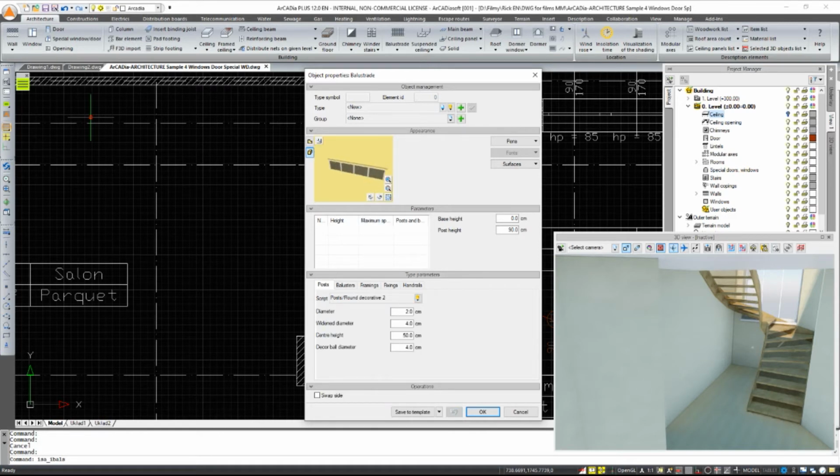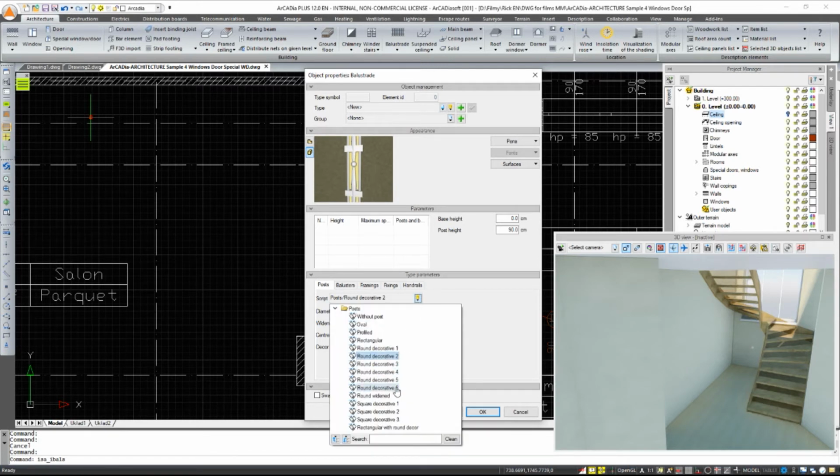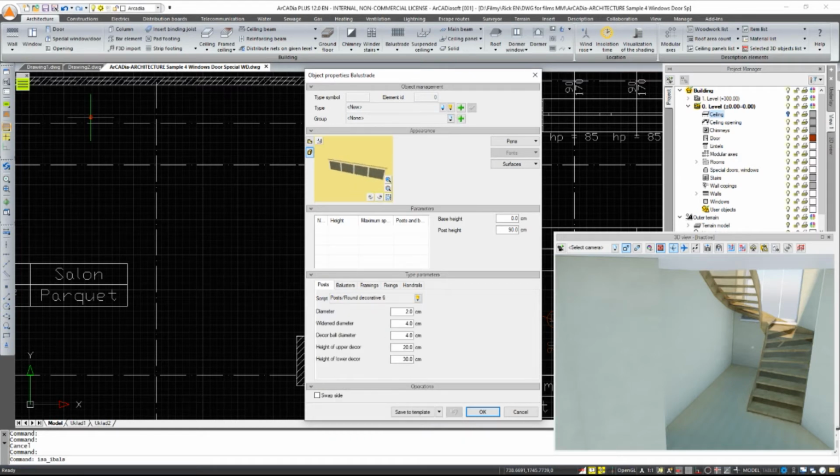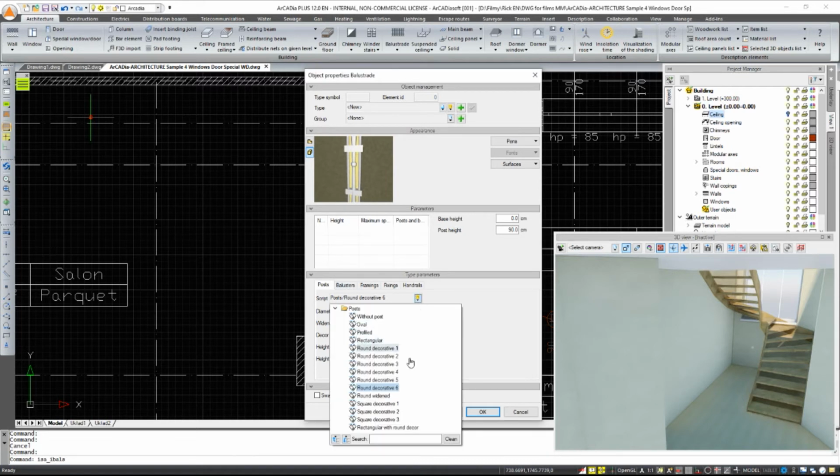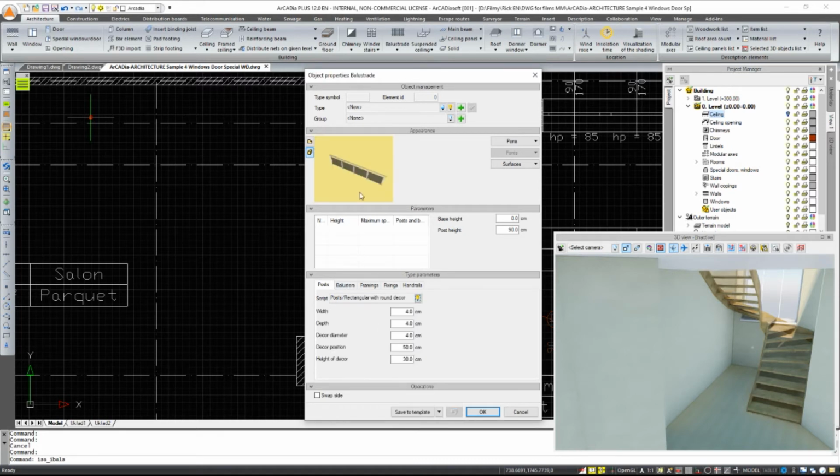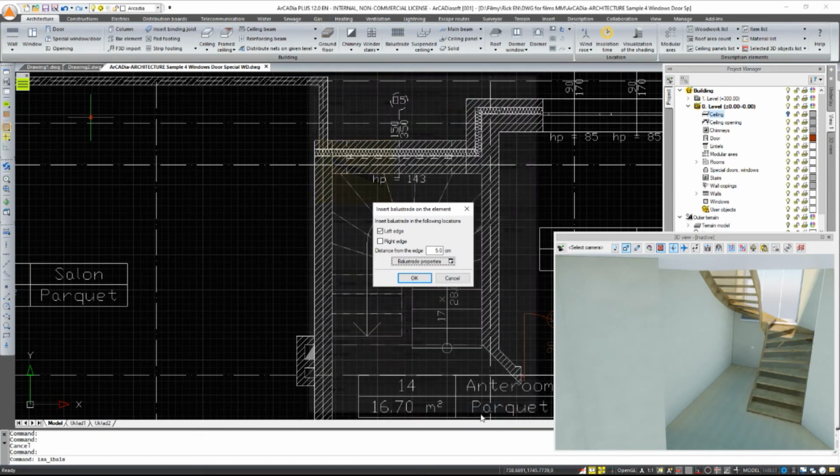We define the parameters of the cross-section and the decor. The surfaces, i.e. materials of individual elements, are selected from the program's library or selected from the raster image. We choose the type of filling,